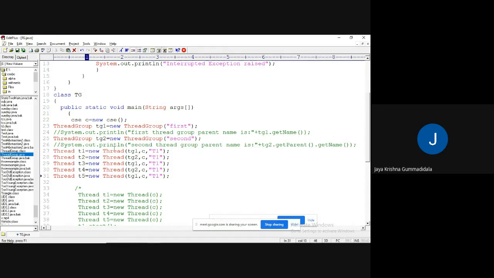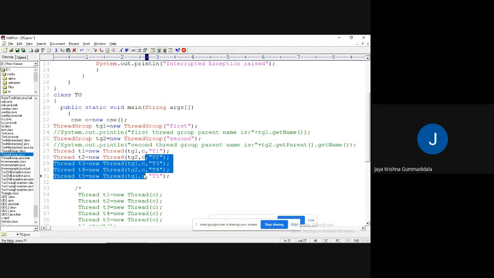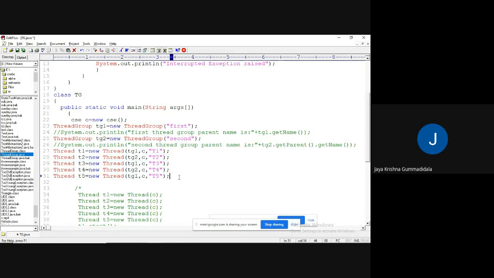T1 is the created thread added in the group TG1, whose name is T1. I hope you understood. But for all, only a single reference, meaning child class only.